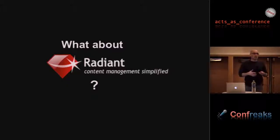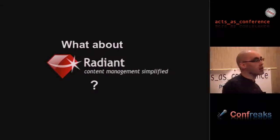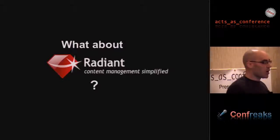We very frequently see these 20-page RFPs for content management system selections that have little tiny checkboxes that say, do you have this feature, do you have this feature? And really you just kind of end up checking no a lot with a system like Radiant. It just doesn't have the bulk of modules that something like Drupal has. So what kind of features am I talking about? Those are things like permissions, so that you can have members-only areas of your front page so the guests can't get into them. Things like content versioning,